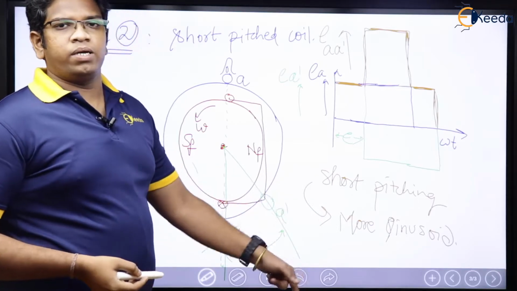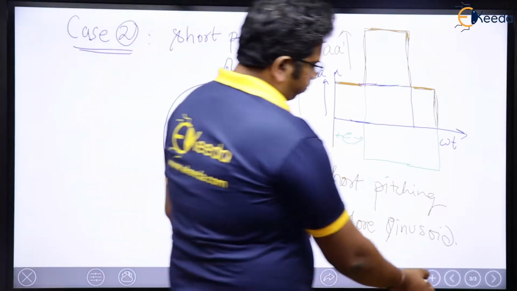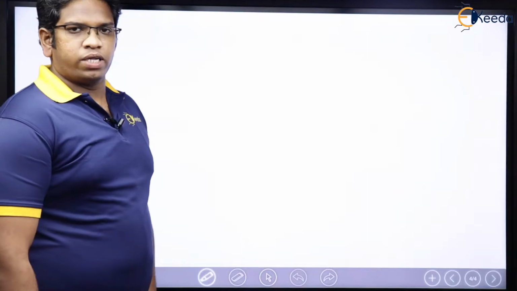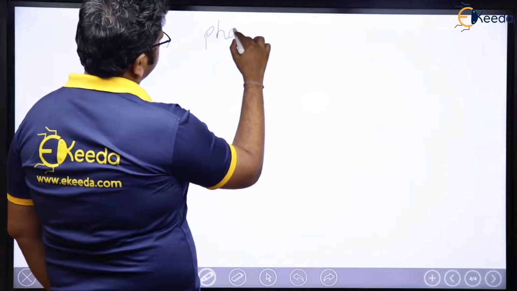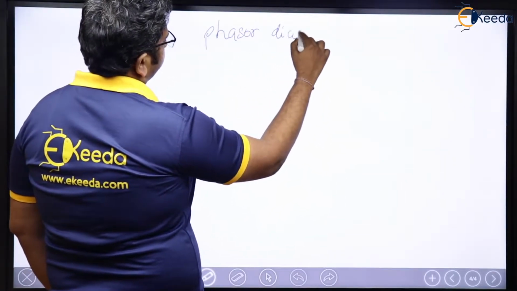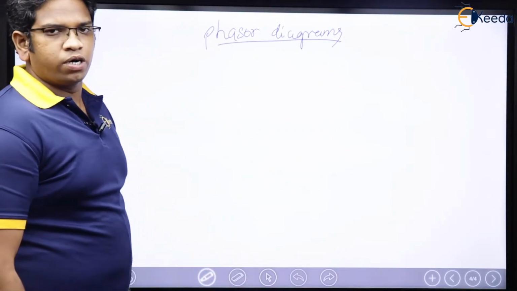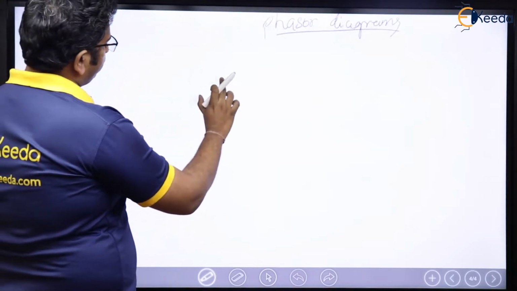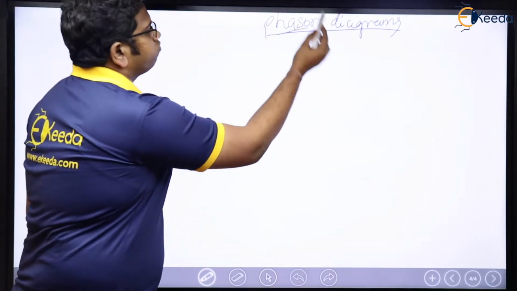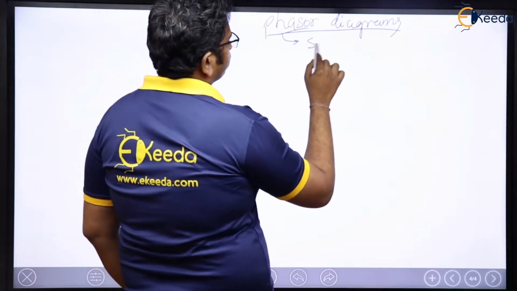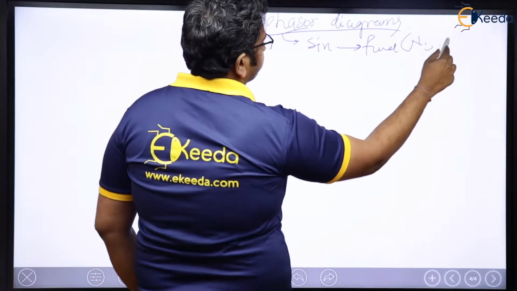Now in the next, we will be deriving the formula for pitch factor. Let's see. Let me formulate. Before that, let me consider phasor diagrams. Phasor diagrams for full pitched, as well as for short pitched. Let us think of first of all full pitched. Before that, now see here, since we are going to talk about phasor diagrams, which means I have to use only sinusoids, which means I have to use now fundamental poles, which means N1 and S1 have to be used.